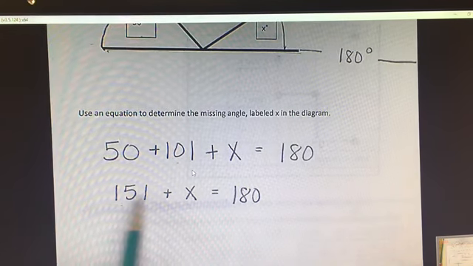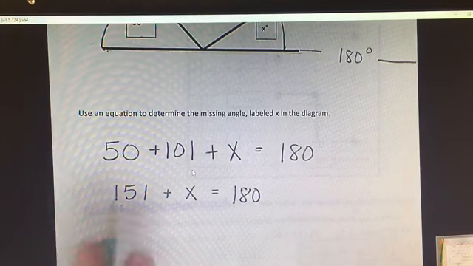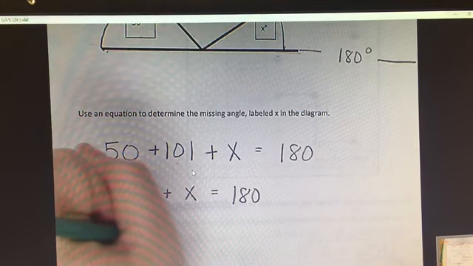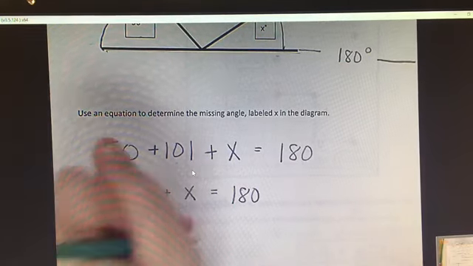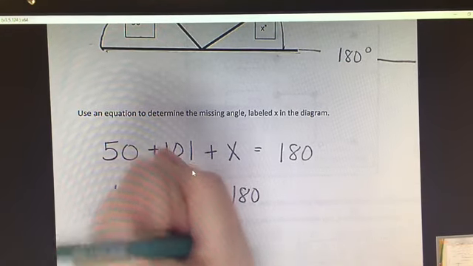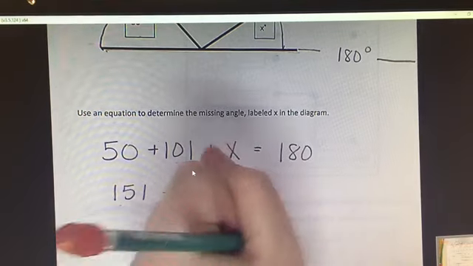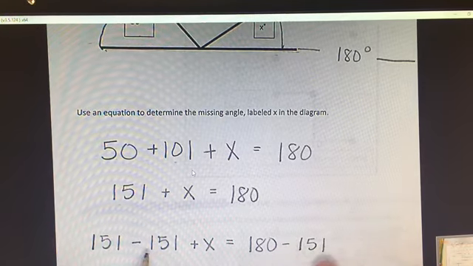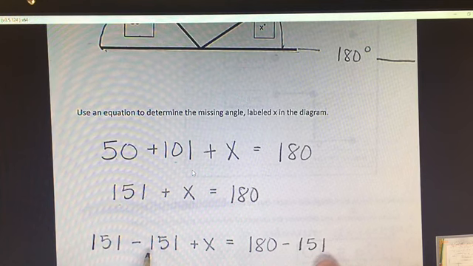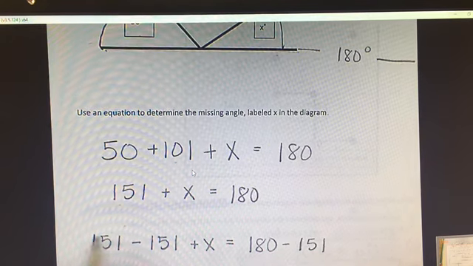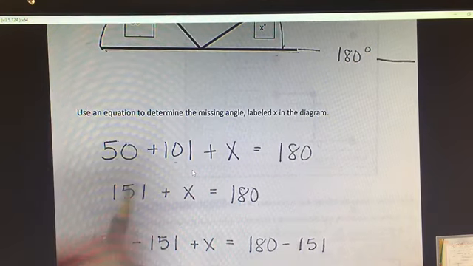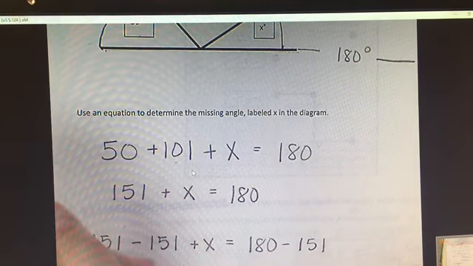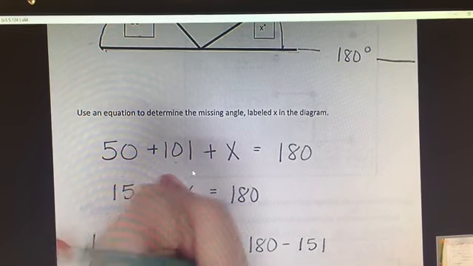So if we are adding, we want to subtract this, which means we're going to take 151, we're going to minus 151 plus x equals 180 minus 151. Because we subtract 151 here, we have to subtract 151 here. These two basically will cancel out, so you're left with x equals 180 minus 151, which is 29